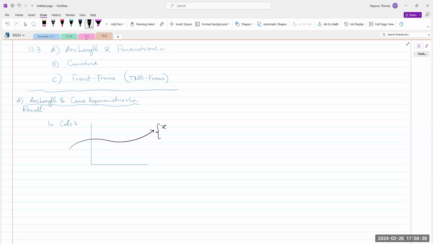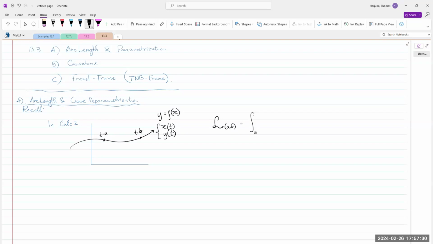like x(t), y(t), or we have a curve y equals f(x), then the arc length from t equals a to t equals b, the arc length denoted by a cursive capital L from a to b, is given by the integral